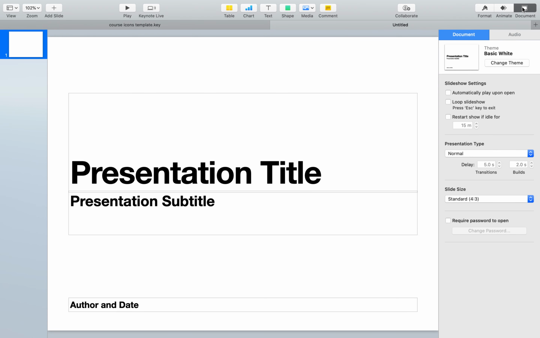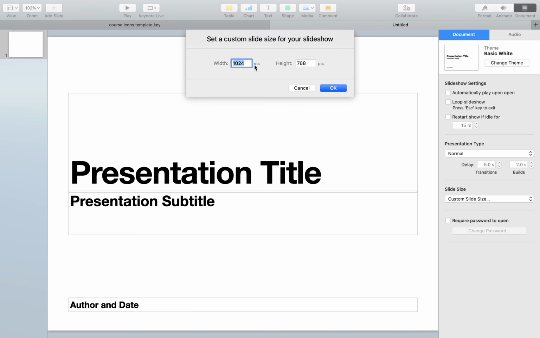to Document, and I changed my slide size to a custom size. So this is really helpful if you are creating buttons. You want them to be smaller. You don't need these files to be ginormous when you put them in Canvas, because buttons are relatively tiny. So I did a custom slide size. I changed the pixels, these come up as points, which are equivalent to pixels, to 300 by 300, so that